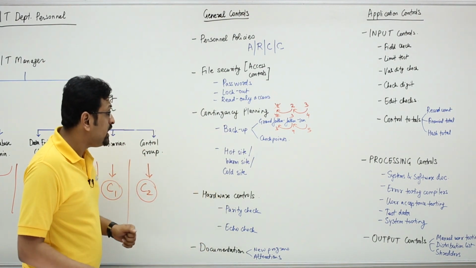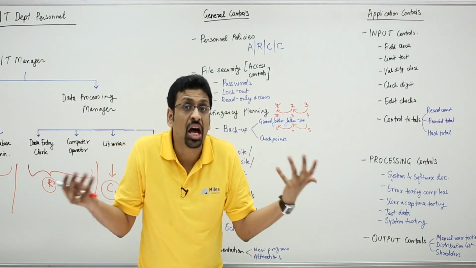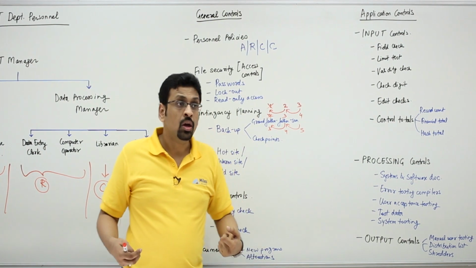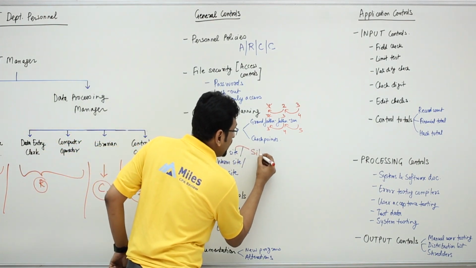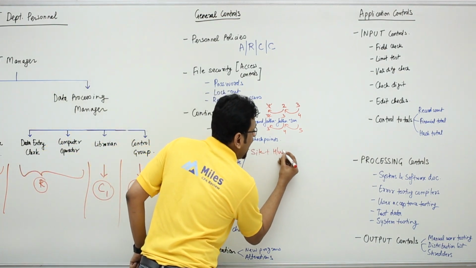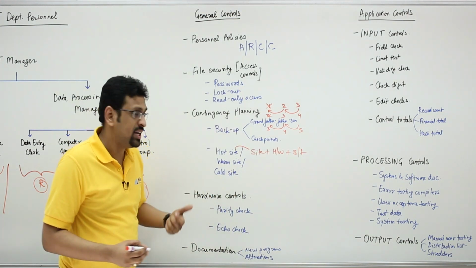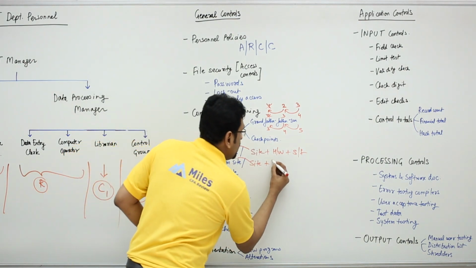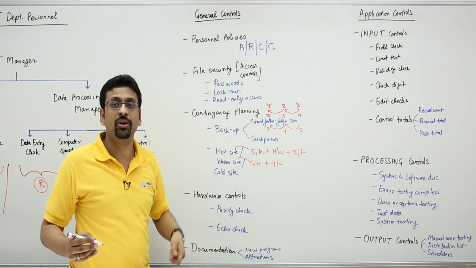Then we also need to be prepared for disaster recoveries. So what if a disaster or a natural calamity occurs? What happens to the IT systems? So we could have a hot site. This means that we have an alternative site where we could move our people, which is ready with all the hardware and the software. Now, if you have a warm site, that means yes, you have the site, you have the hardware ready, but the software is not totally ready. It will take you some time to get it up and running.